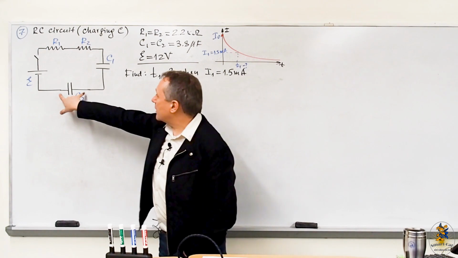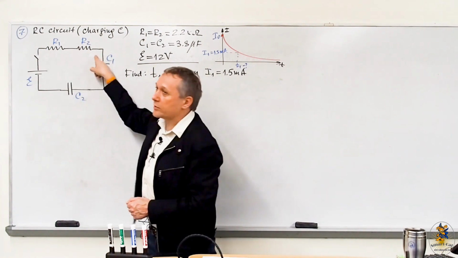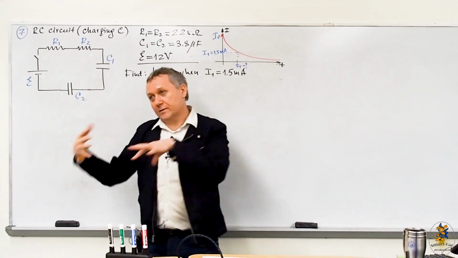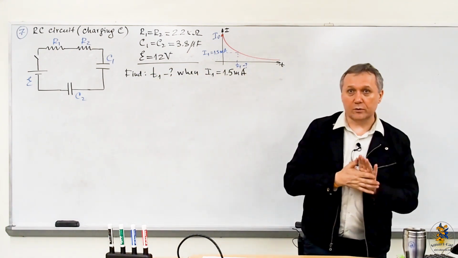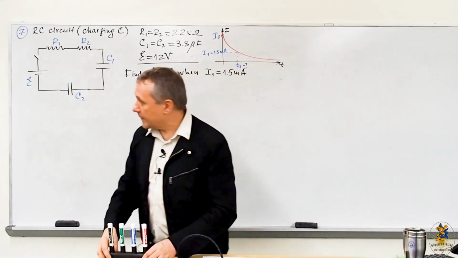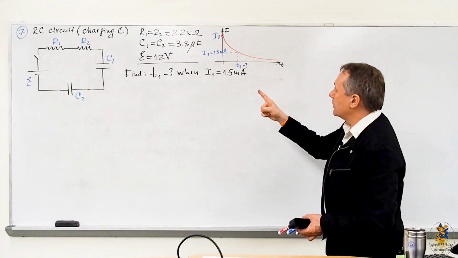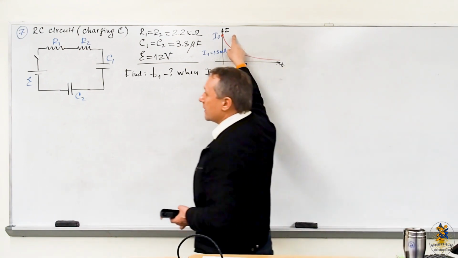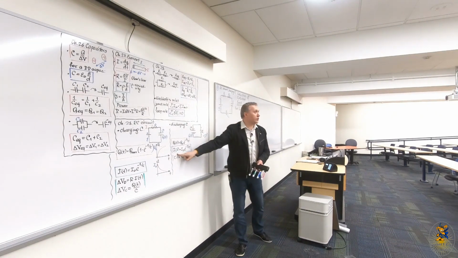Then, once potential difference across the capacitor starts appearing, the potential difference across the resistor starts getting smaller, and of course, as a result, current is going to be smaller. So EMF divided by R1 plus R2, and current is going to get smaller and smaller and smaller. Okay, so now, at the end, of course, we will have to just grab the function which describes how